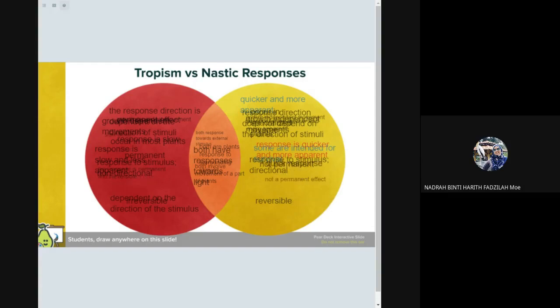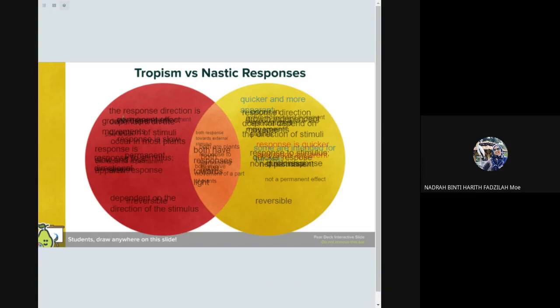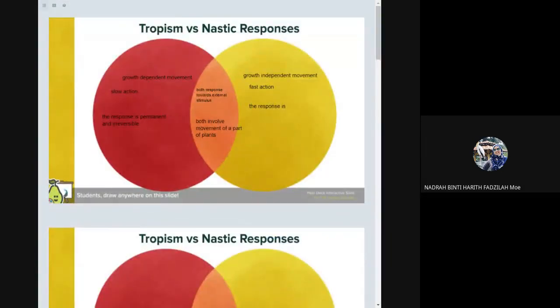Okey, wow, banyaknya. Okey, saya bersetuju. Antara differences yang saya nampak kat sini in terms of speed of response. Yes, tropism is slower compared to nastic response. Sekejap saya buat macam ni lah. Saya tunjuk gini. Okey. Saya bersetuju